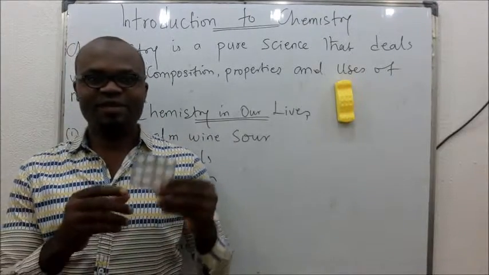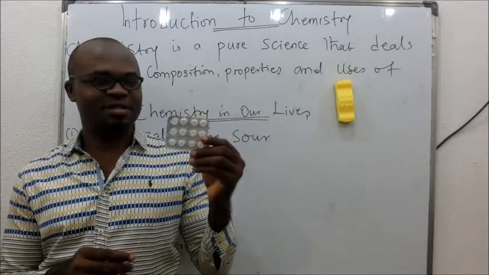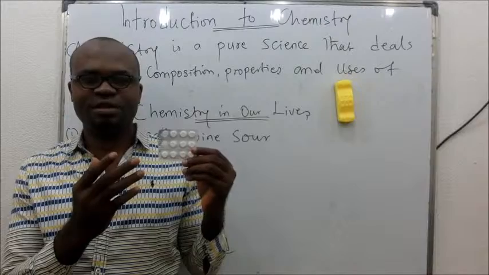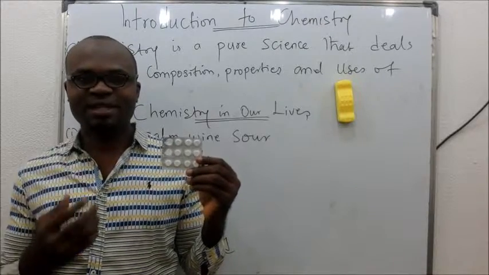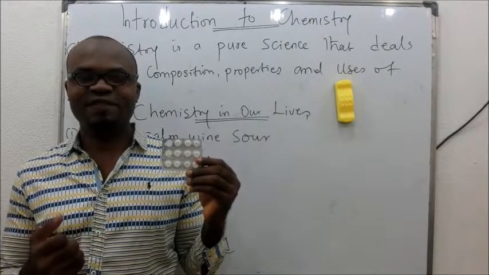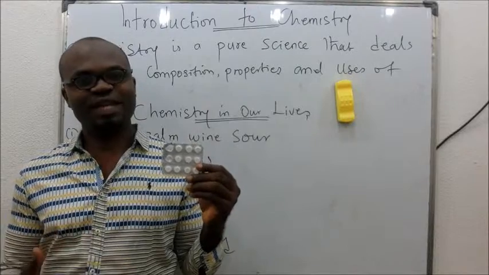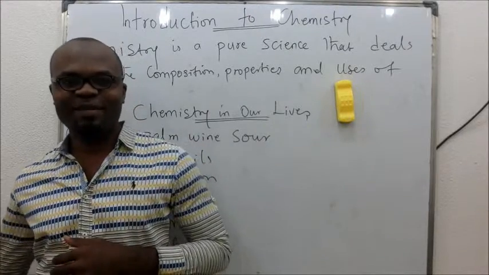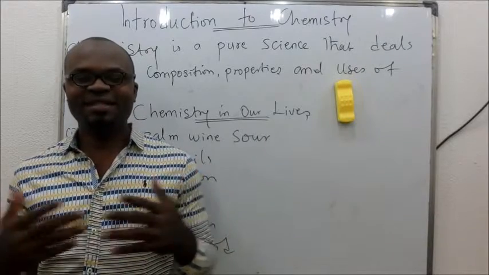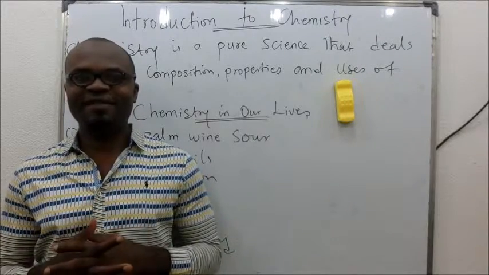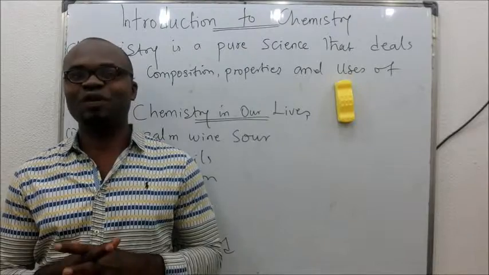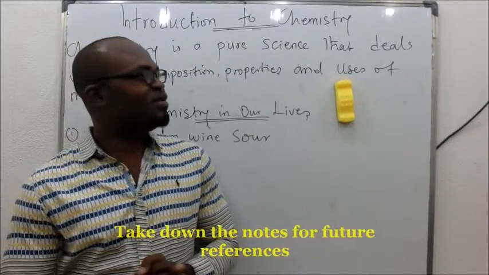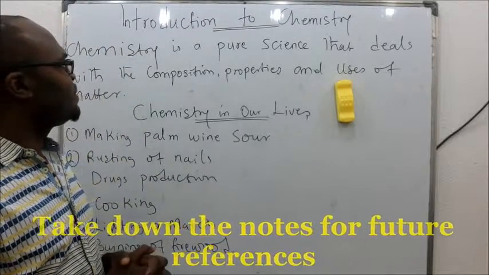When you're sick, you buy drugs, you take drugs. So, what are the elements or compounds that make up the drugs, so that when you take them into your body, they function effectively in order to make you get well? The process of making these drugs is also chemistry. So there are plenty things in our everyday life that have to do with chemistry, and that's why we study chemistry. So as a way of introduction, we are going to be looking at the definition of chemistry.